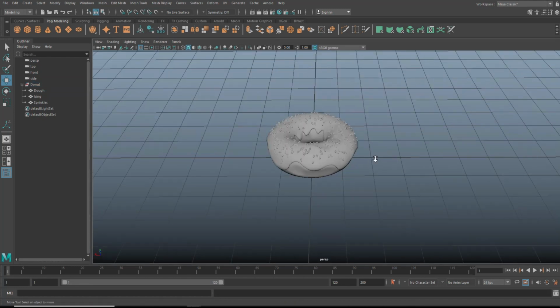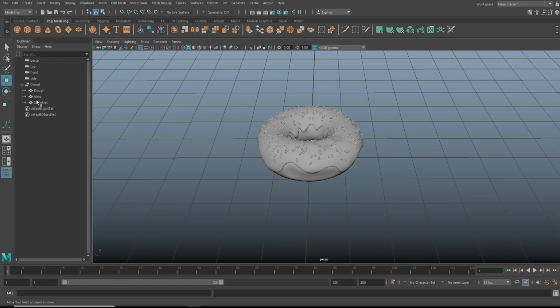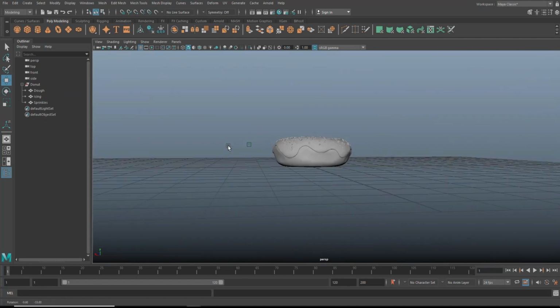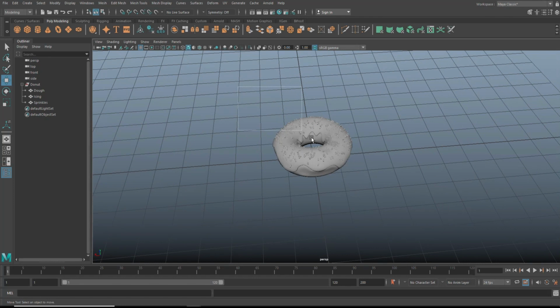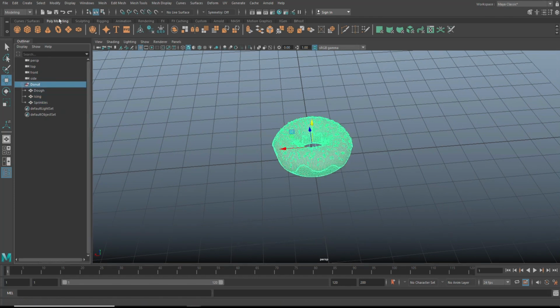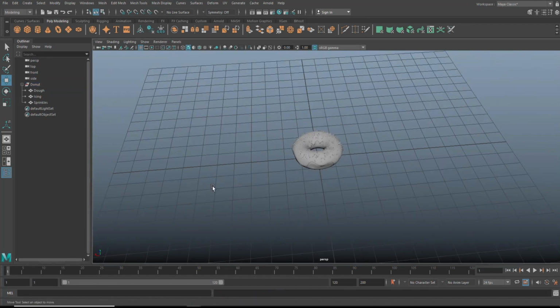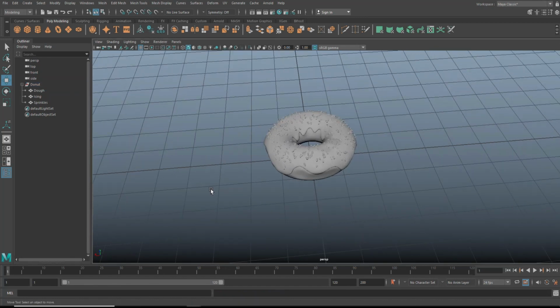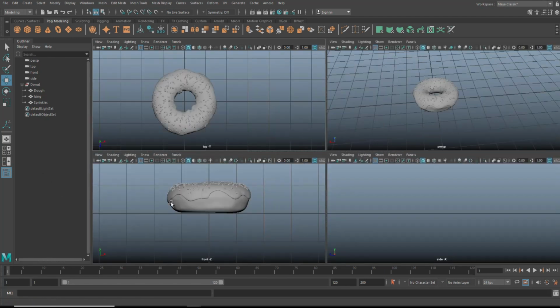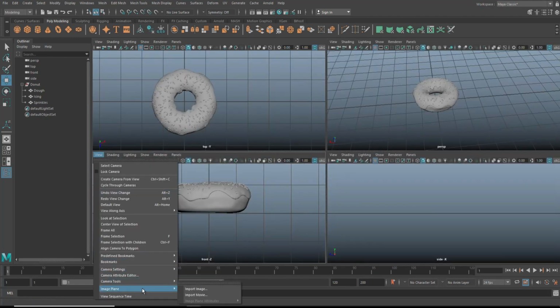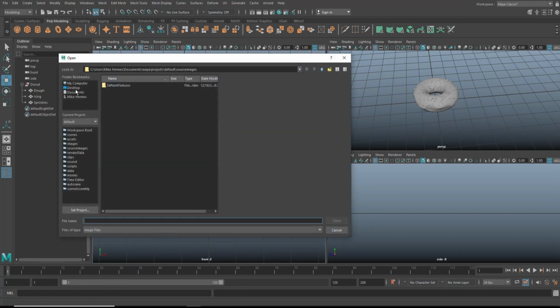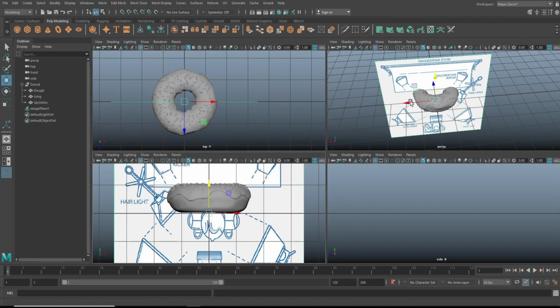Okay. So we cleaned up our scene. Names are okay. Scale is okay. Position is okay, right? And one more time, I'm going to go in here and go to modify, freeze transformation. There you go. Okay, so what I need next is a light scheme or light setup, right? So I'm just going to jump into this view right here, go to view, image plane, import image, and then go to my desktop, go to my donut setup and take this setup right here.